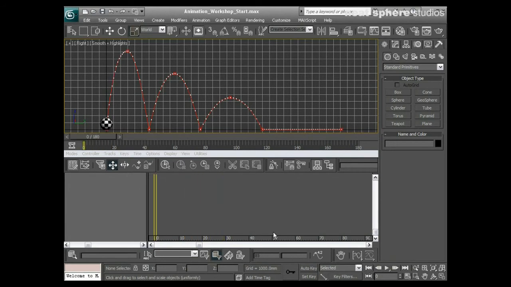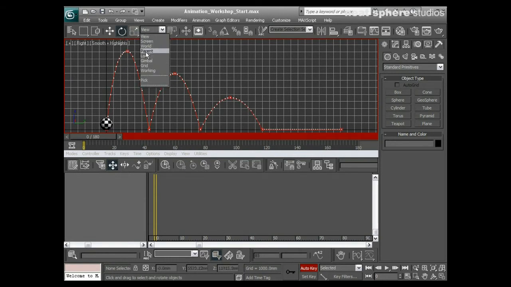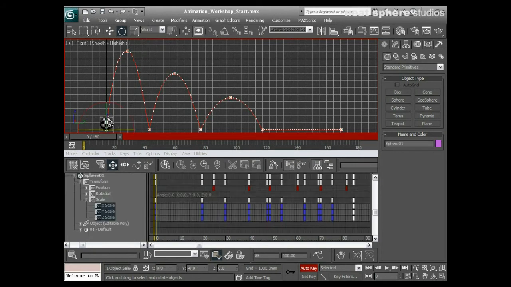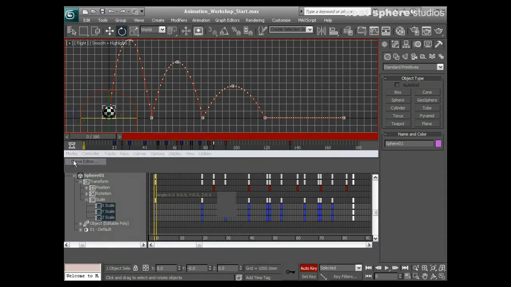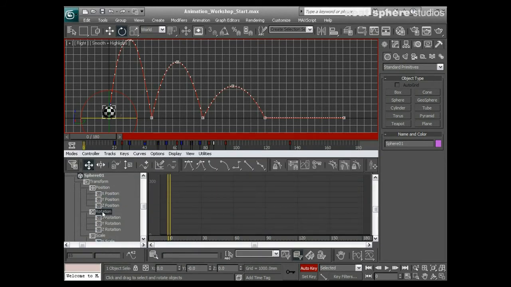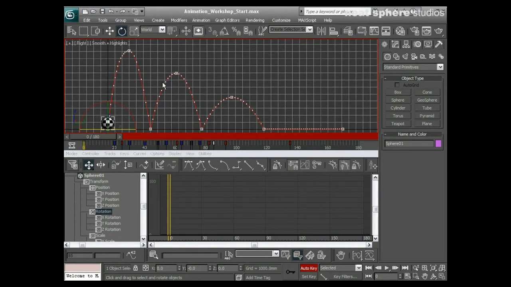So I'll stop that, send it back to the beginning, turn on my auto key, go to my rotate tool, and set that to world again. Select my ball, go to my curve editor, and show just my rotation keys. With the rotation, I'm not so worried about being absolute with my rotation order. So we'll say, between 0 and this squash down, or the takeoff point, I'll